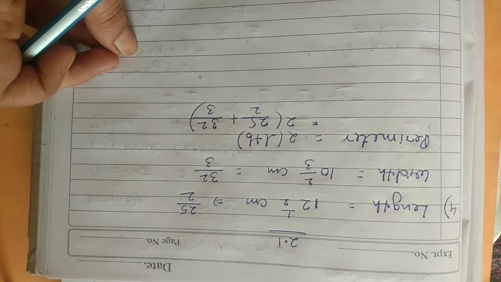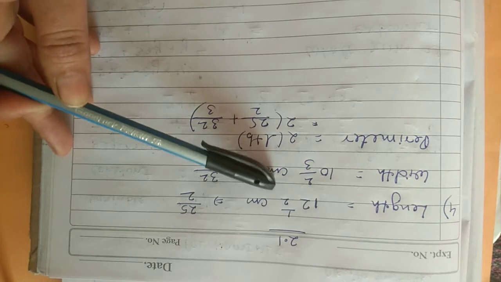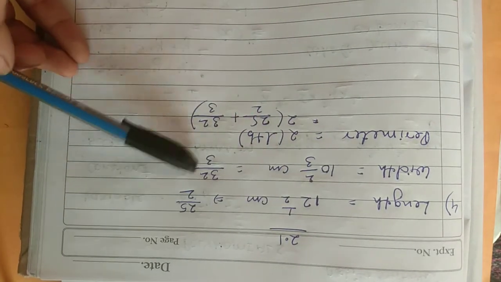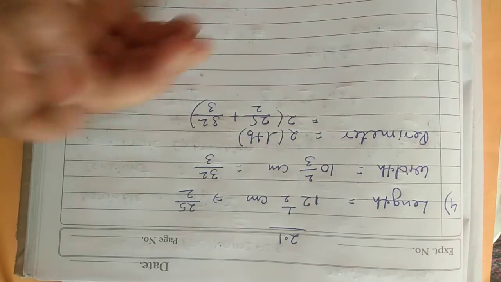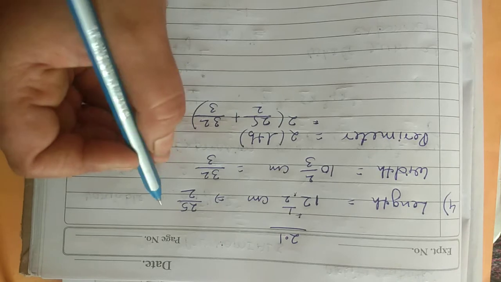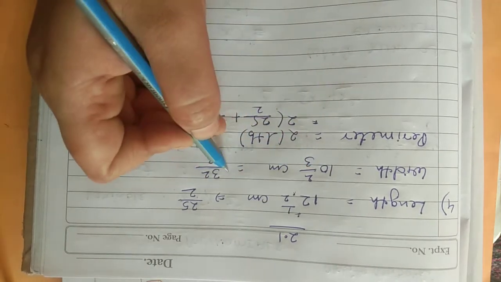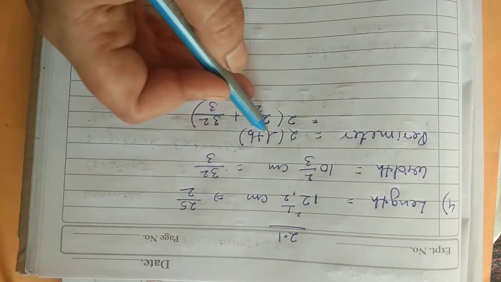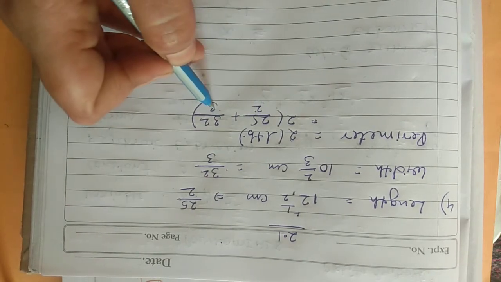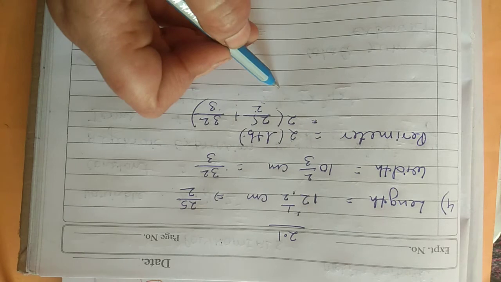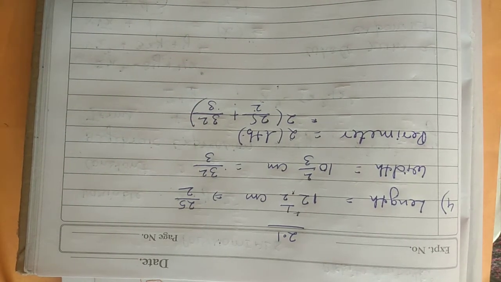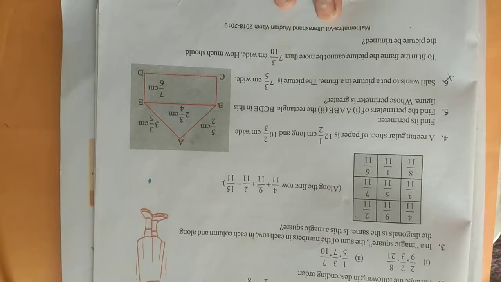See, the length is given to you in a mixed fraction. Convert it into an improper fraction. You have to multiply these two, as I have already told you, and then add that one. Convert it, and do this conversion for the width also. Then perimeter is 2(L plus B). Instead of L and B, put in the values. Now take the LCM and find its value. Now you can solve it on your own.